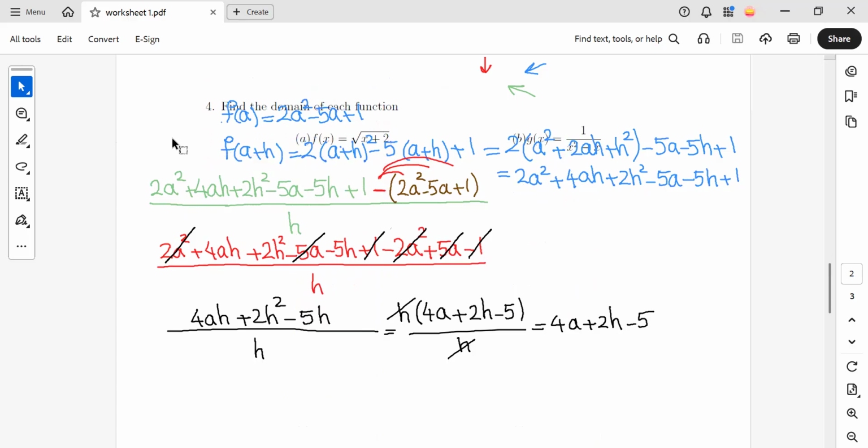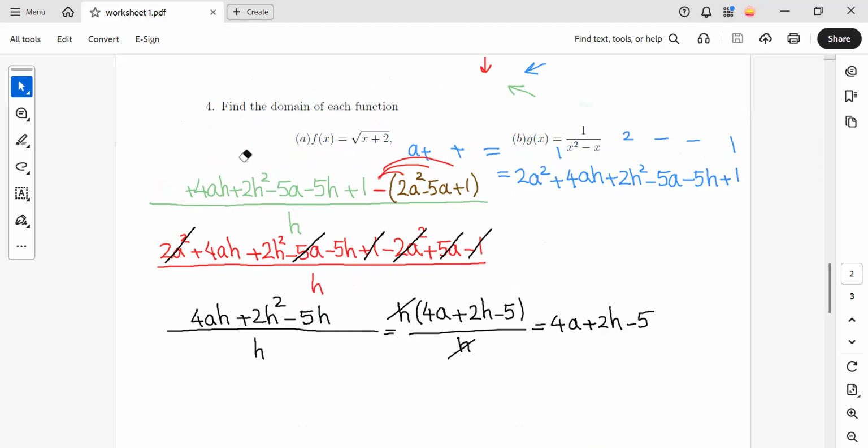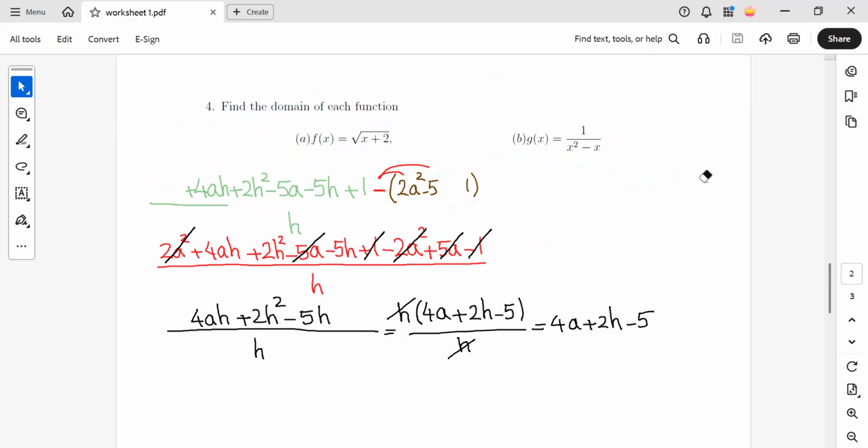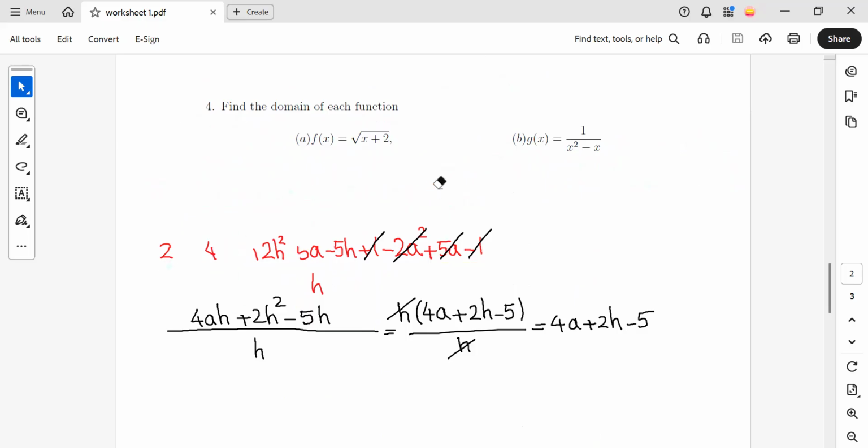Okay, so the last, no, not the last one. Number 4. It is about finding the domain of each function. It depends on the function, and then depending on the function, you would have different rules or different concepts for